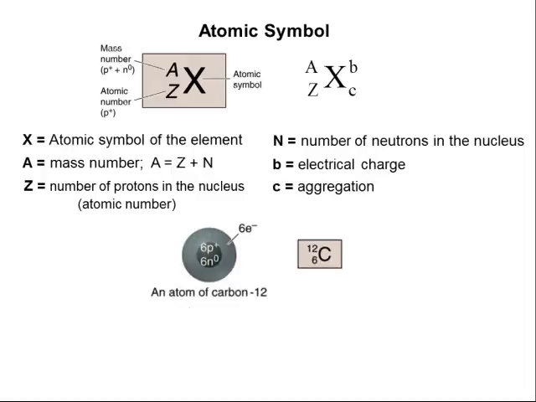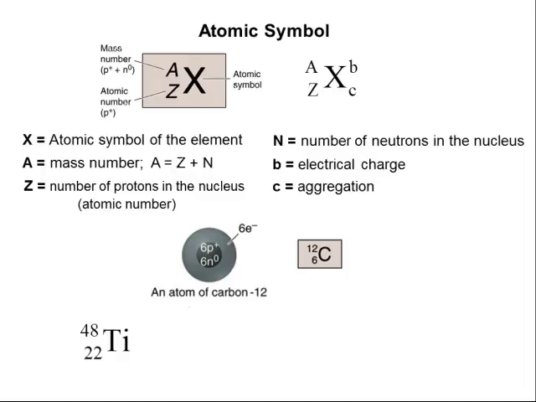So if I look at a carbon-12 atom, okay, the atomic symbol for carbon is C, right? My mass number would be in the upper left of the C, it's 12. My atomic number would be lower left of the C, which is 6. 6 I get from the periodic table. It's the number of protons. The 12 is the number of protons plus the number of neutrons. Well, if I have a mass of 12 and I know my atomic number is 6 because it's a carbon atom, then I can calculate how many neutrons I have. I'd have 6 because 12 minus 6 is 6.